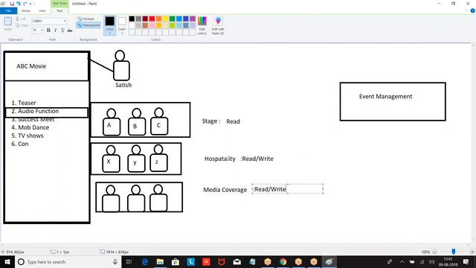There are opportunities for me. ABC company is giving me opportunities for what? Teaser release, audio function, success meet, mob dance, TV shows, some controversies. These are the 6 opportunities. Now they are saying, boss, on this account you have read access. On the corresponding opportunities you have read and write.